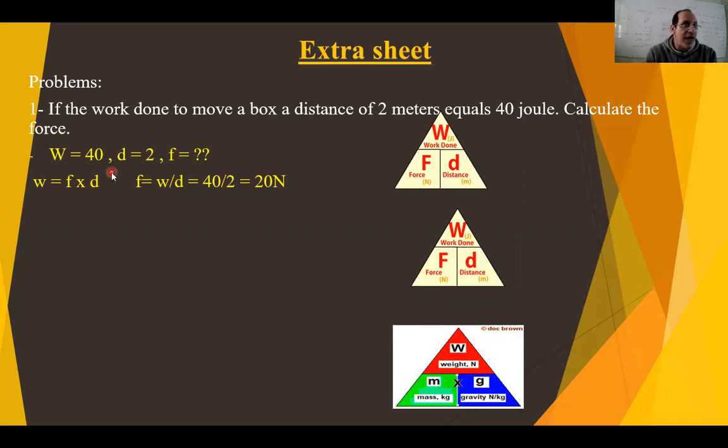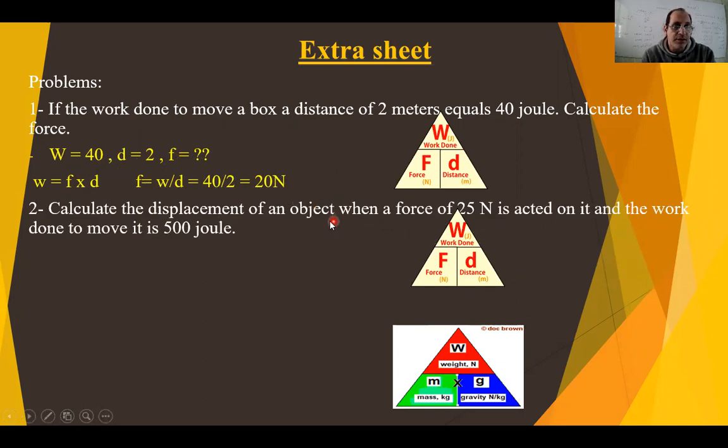We must write the givens first. We have here work equals 40 joules, D distance equals 2, and we need to calculate the force. Force equals work divided by displacement, 40 divided by 2 equals 20 newtons. The second problem